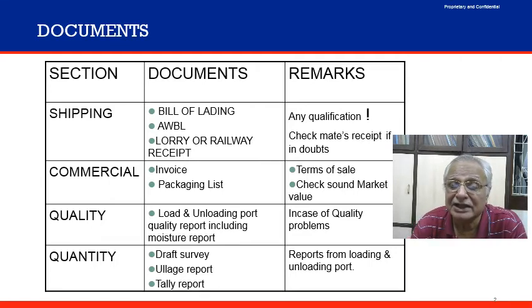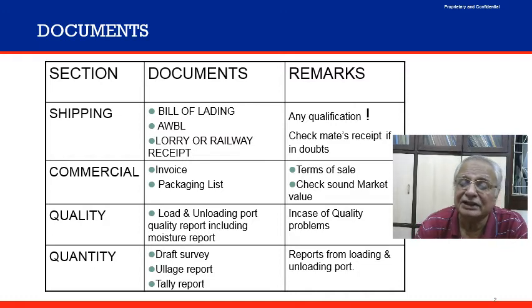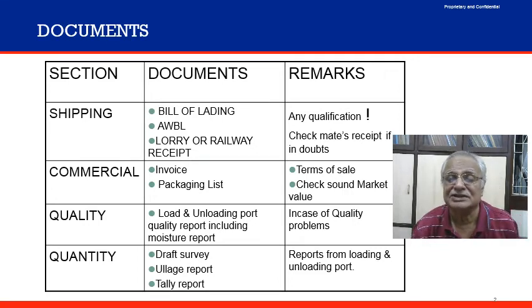So what are the things we are getting from the bills of lading? There are different types of bill of lading, but it could be a multi-mode transport bill of lading, which indicates that the carrier has issued a BL right from the origin. He has picked up the cargo, loaded on board, unloaded, and it is going to the ICD in landlocked places, or the container freight station, whatever is the place of delivery. Once you look at the bill of lading, you have to find out what are the qualifications on it, because there is every possibility that the bill of lading will be qualified. Say for example,